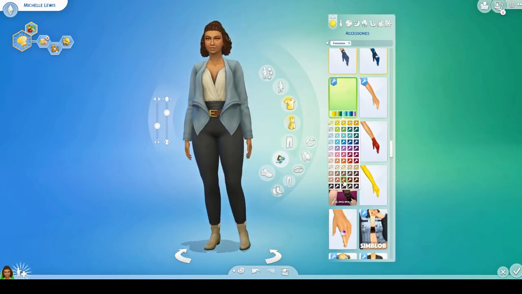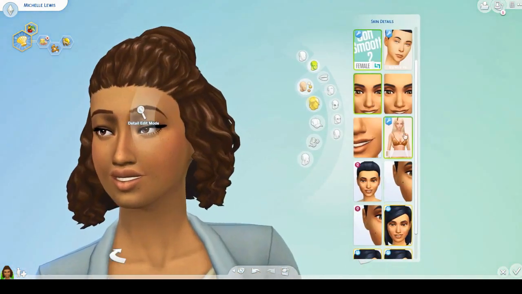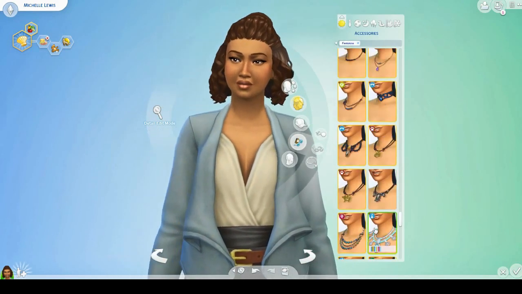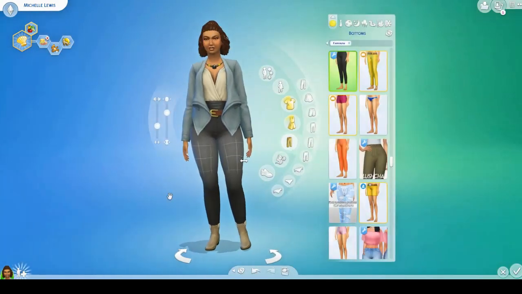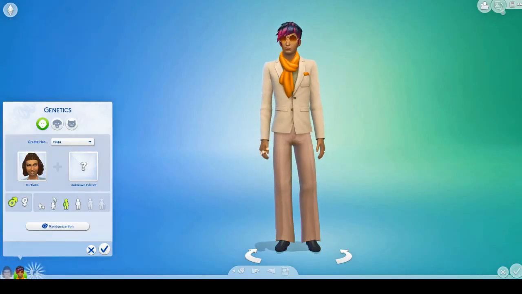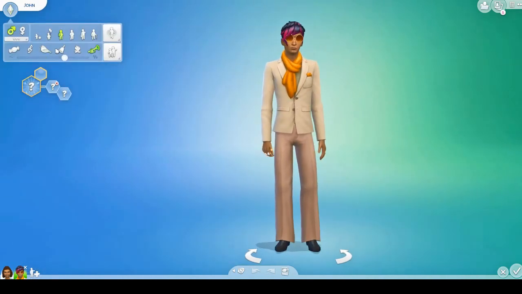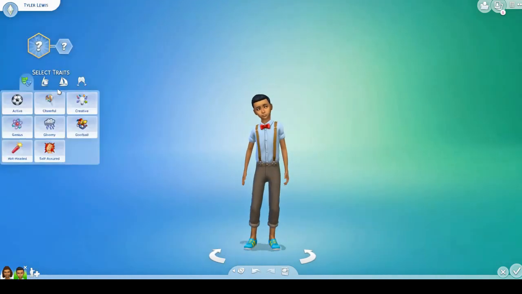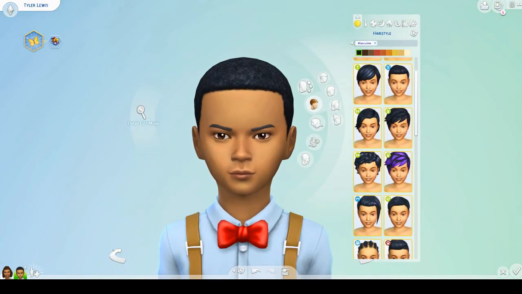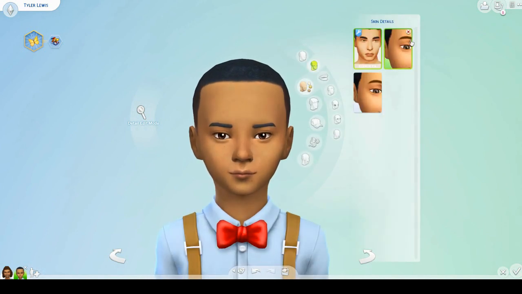So yeah, Michelle, she doesn't have a boyfriend or a husband or anything like that. She's very career driven. I think she is level 8 in the culinary career, and she's got big plans to get to level 10. That's her whole life. That's what she wants to do. She doesn't have a ton of friends either. Like I said, she's a loner, and now she finds herself having to share her apartment with these 2 kids. Doesn't know anything about kids or what to do with them, what to feed them, what kind of stuff they want in their rooms. So she's pretty lost, but I think this would be a really fun family to play.